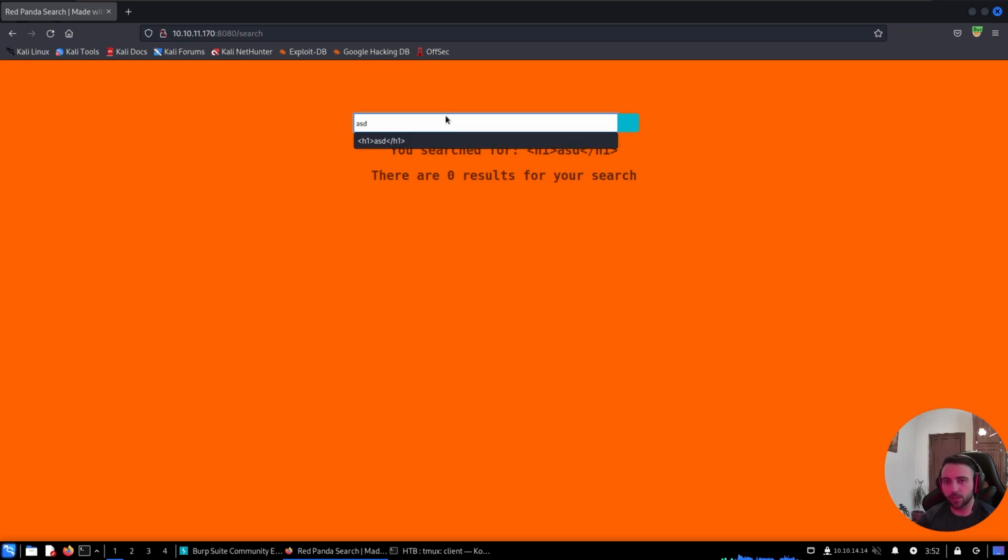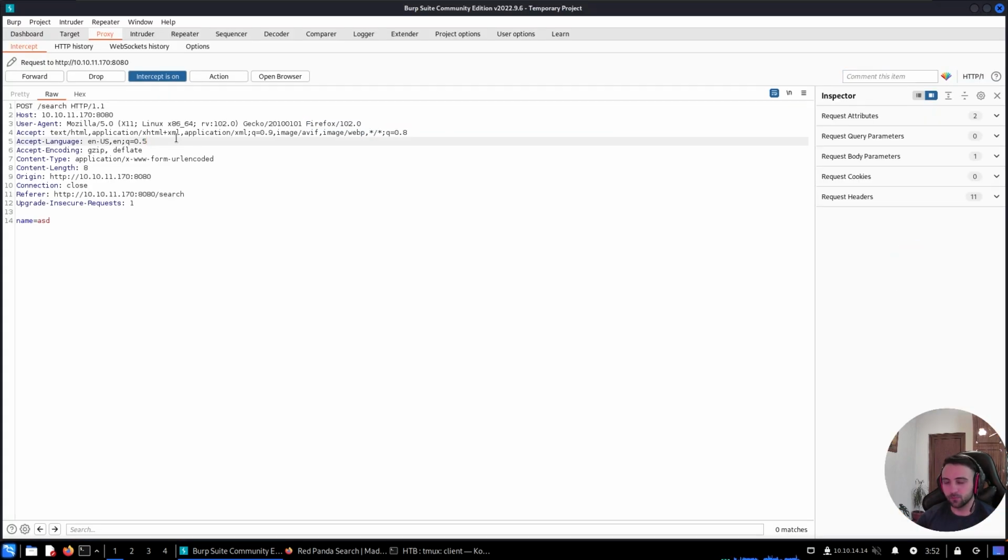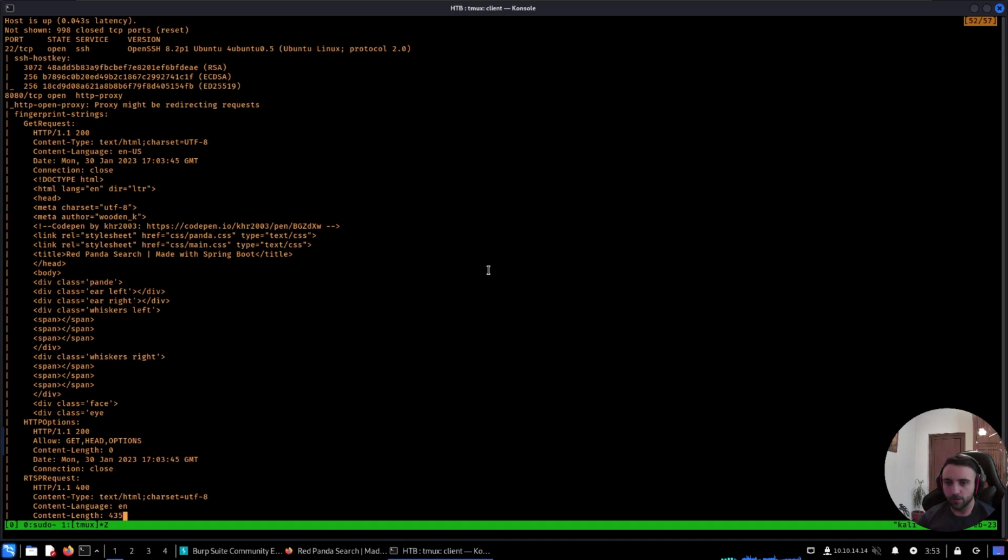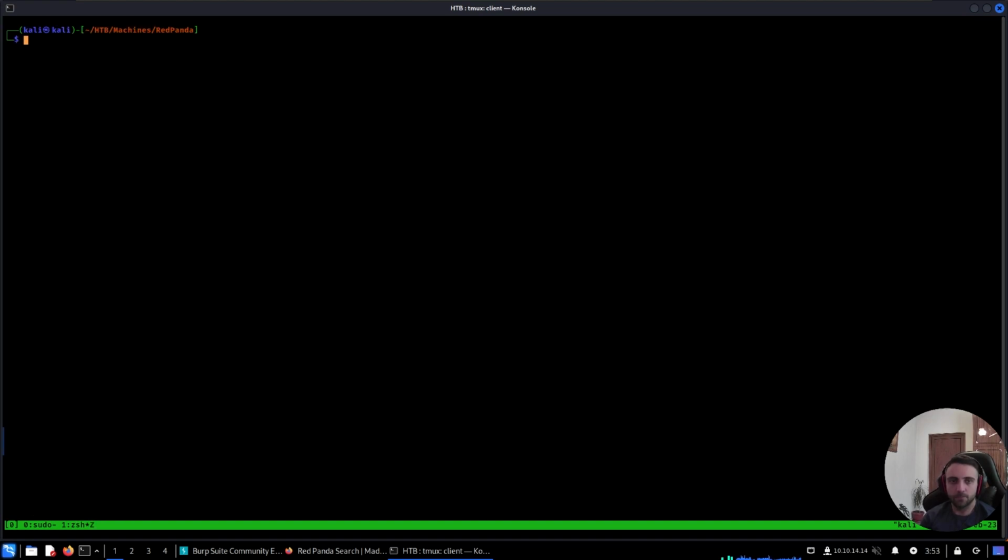So in order to do that, we of course need to see how the parameter is being passed, so we know how to fuzz it. Now, by capturing the request with Burp, we can see it uses a POST request to search, and the parameter is being passed as name. So we can go with wfuzz, like here, and let's create a file with special characters, with the words we want to fuzz with. So let's do vim chars.txt,